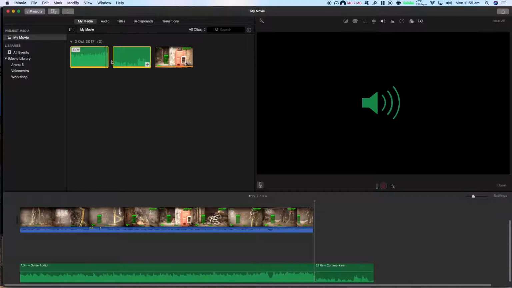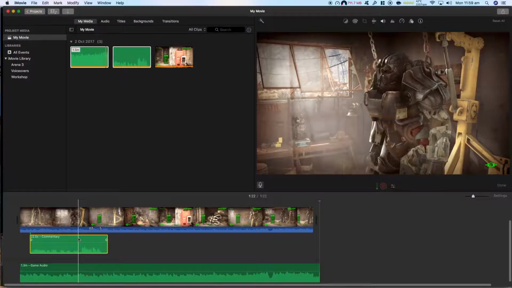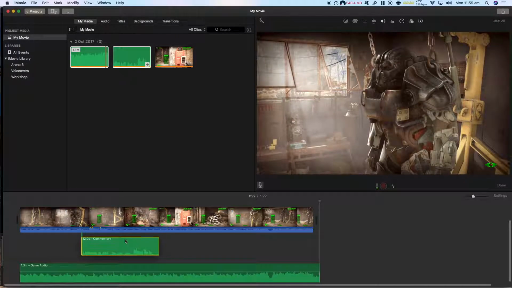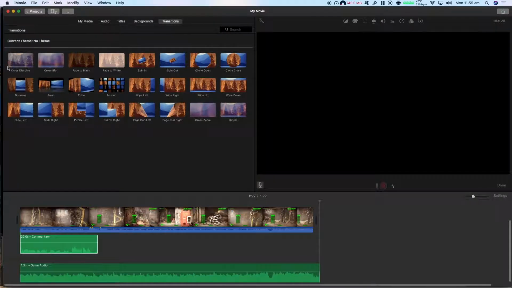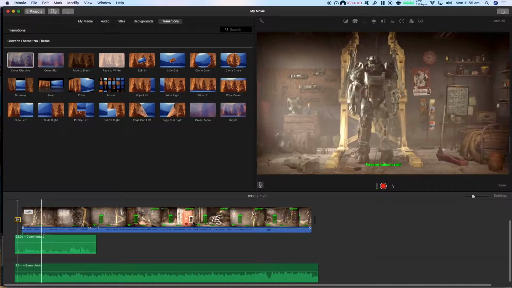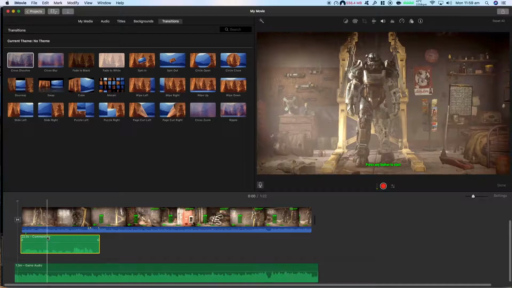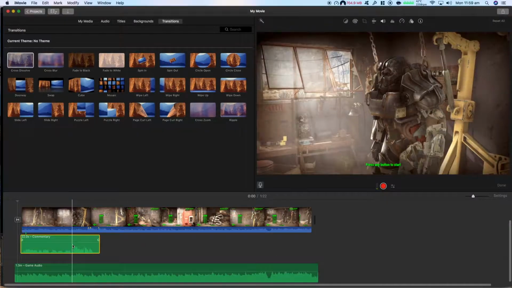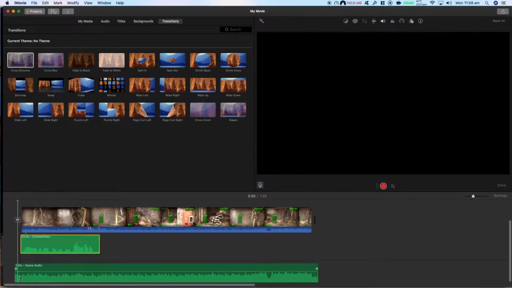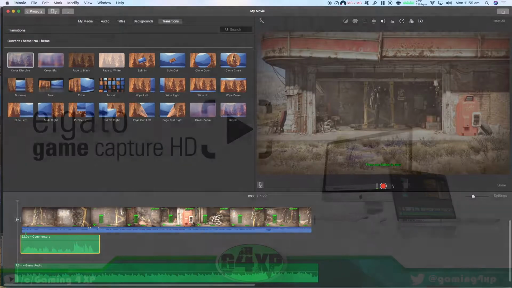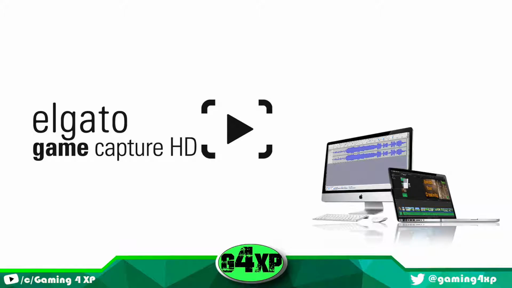And so that's not a bad alternative. One of the big problems though with doing that is, especially if it's gameplay, you've got to spend some time just making sure that all syncs up with what you're seeing on screen, and that can be a little bit tricky. And you have to keep in mind you have now got 3 audio sources to play around with, so getting the levels right and stuff. But it's not too bad